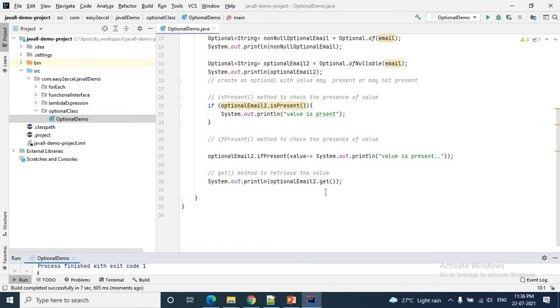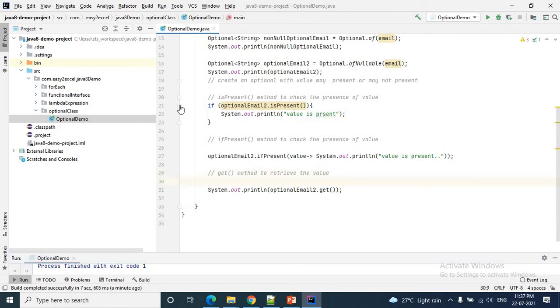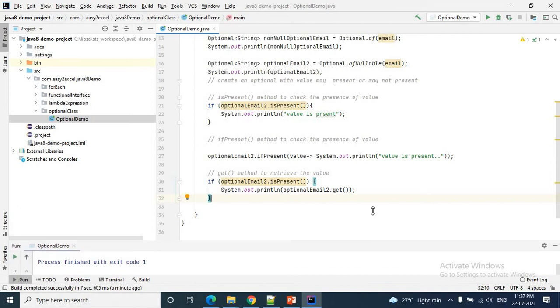So whenever you retrieve data by using the get method from the optional object, please make sure to check whether the value is present or not by using the isPresent or ifPresent method. If I do it like this, optionalEmail2.isPresent, then get the value, it will not throw me the error.